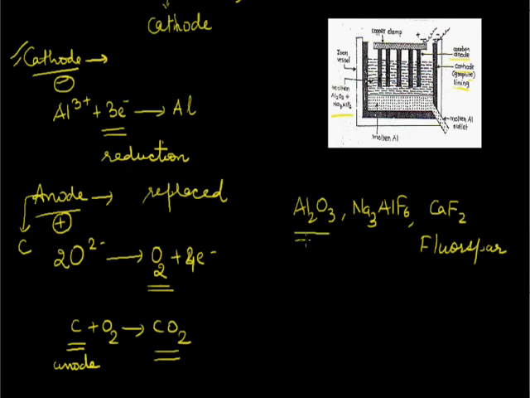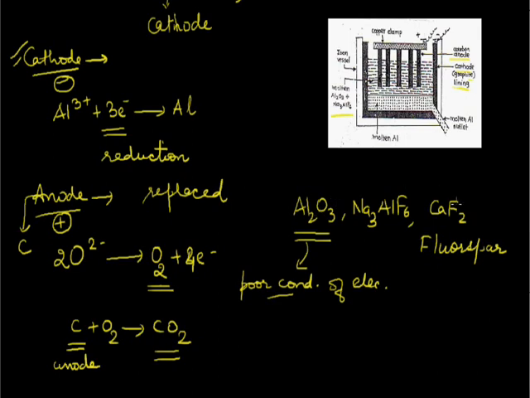Although the metal is being extracted from alumina, the ore is alumina here, but still it is not taken in its pure form because it has two disadvantages associated with it. First is, it is a poor conductor of electricity. And because we are talking about electrolytic reduction, the process of electrolysis will involve two major requirements. First, the electrodes, cathode and anode, and second is the electrolyte, which should be a good conductor of electricity. But here Al2O3 is a poor conductor and so it cannot be taken in pure form.